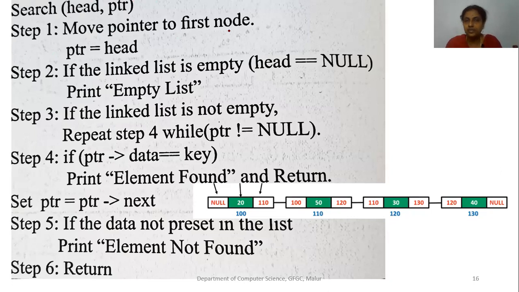So move the pointer to the first node. Set your head node to PTR and check if the linked list is empty. First check: here you should have one head node and the address value is going to be 100. Check whether this head is null. It is not null. If it were null, I could just print empty list and come out. Since it is not null, I need to check whether the PTR of 100